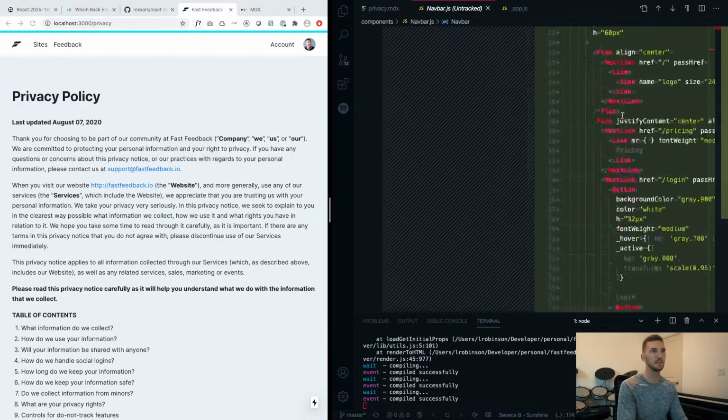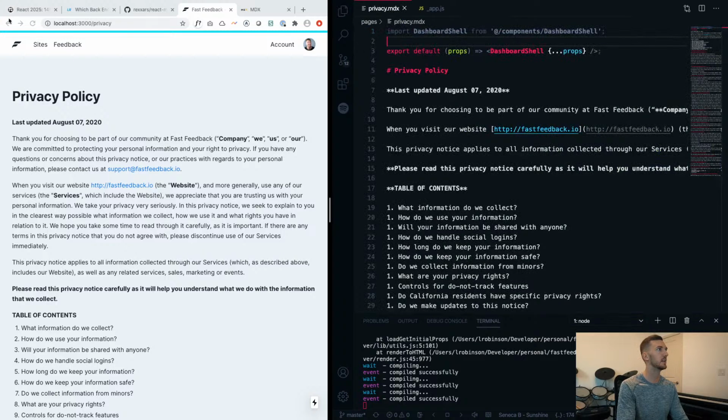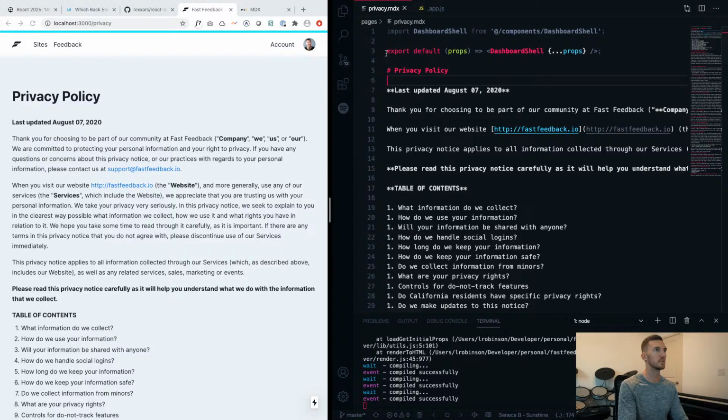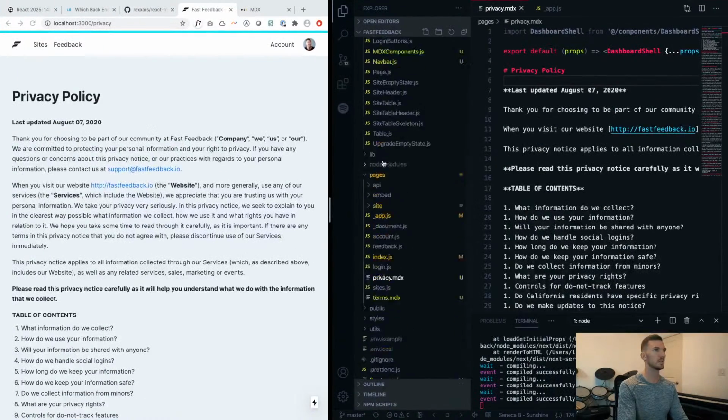And this is basically just a fork essentially of this part of the dashboard shell. So we can probably use that. Let's do that. And then one of the other things I wanted to do was create a footer that's going to have links to these things. So